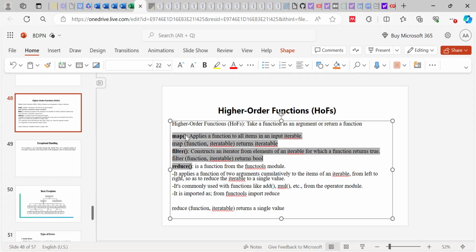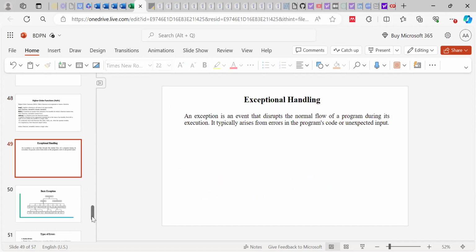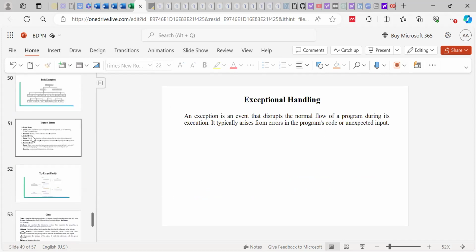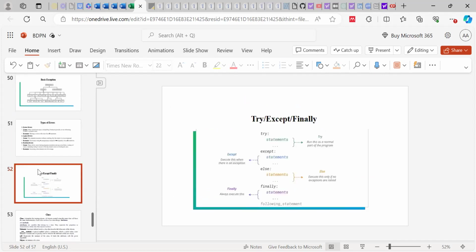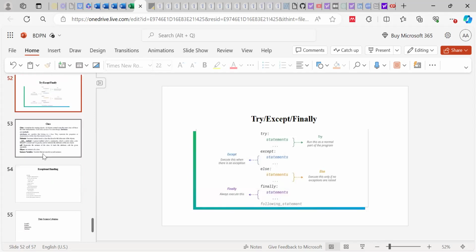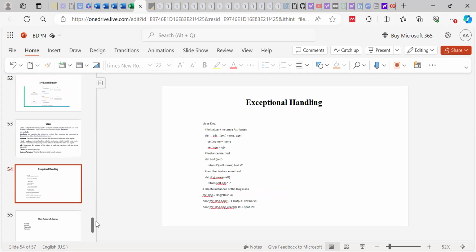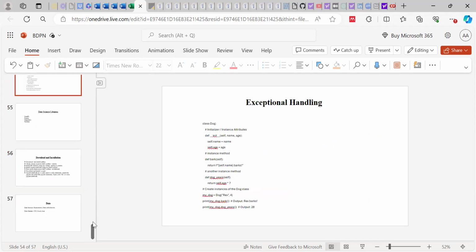The same way, when we get to where you will understand the map and the filter together would reduce very well, then I will talk about them again. So let's just continue on this. And because our time is going, we may not be able to do much again on the class and exception. So let's just jump to